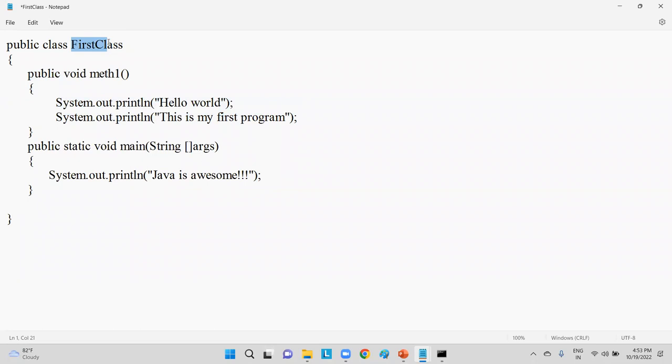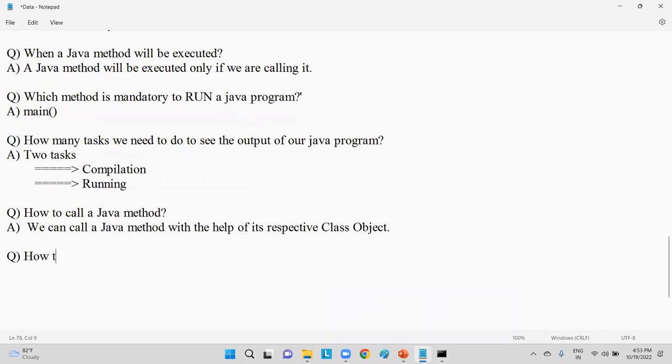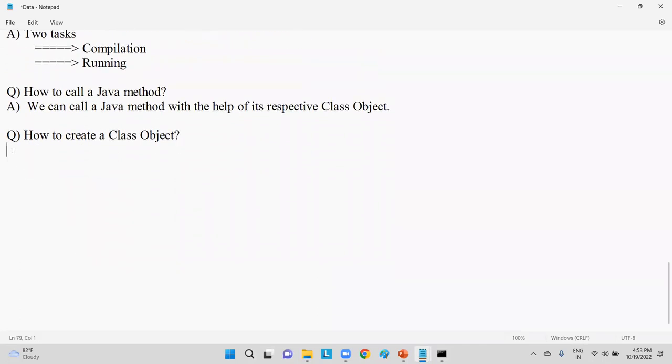Okay, let me do one thing, guys. Let me write a small point here. That is how to create a class object. Answer: we need to create a class object with the help of the new keyword, and initialize that object